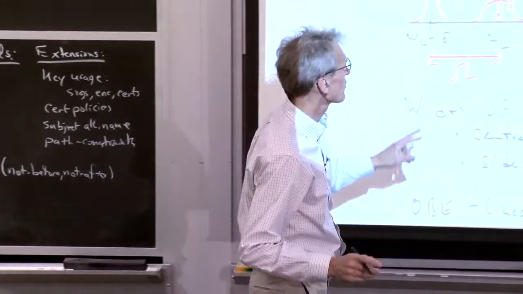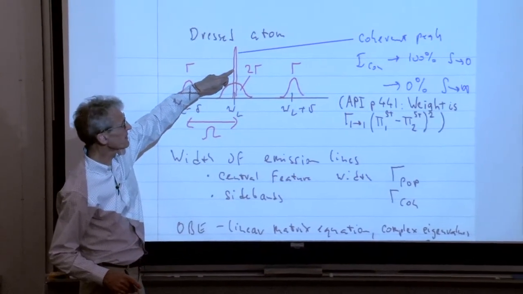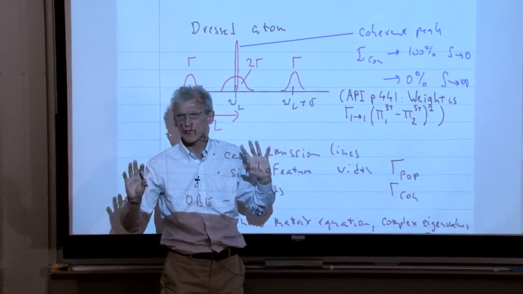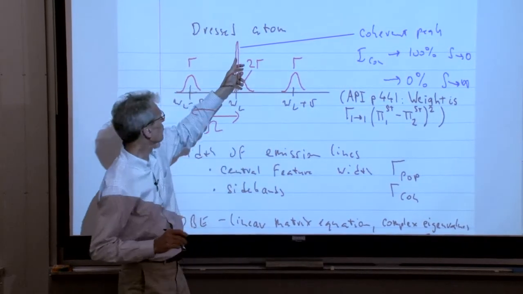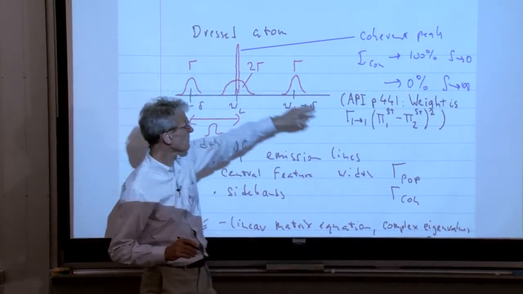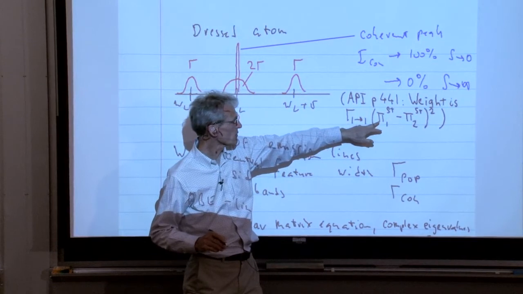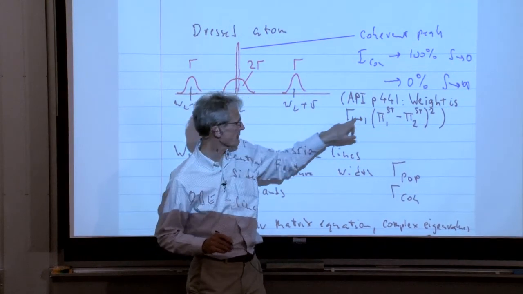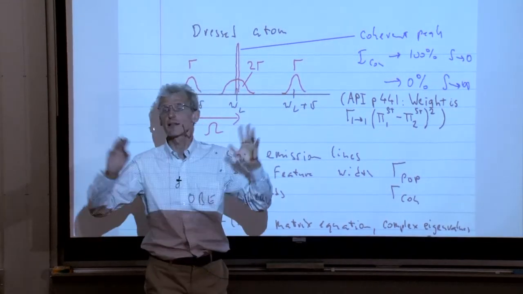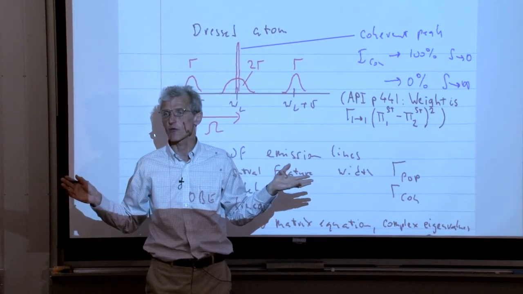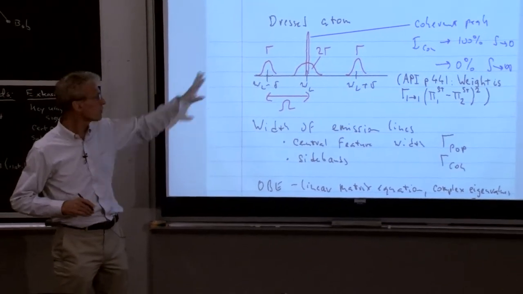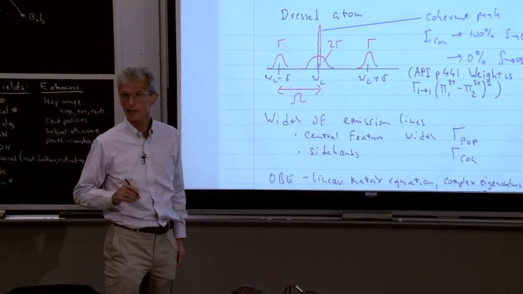By the way, I know a lot of you may be curious about the coherent peak. You can read about it in the book. It's 10 or so pages about the correlation function. But in the end, the weight of the delta function can again be described by values we have just calculated. We've just calculated steady state populations and transition rates. So this weight is nothing else than another combination of sine squared and cosine squared of this angle theta. So everything, the full physics of that, is wonderfully and simply described by just this angle theta in the dressed atom picture.